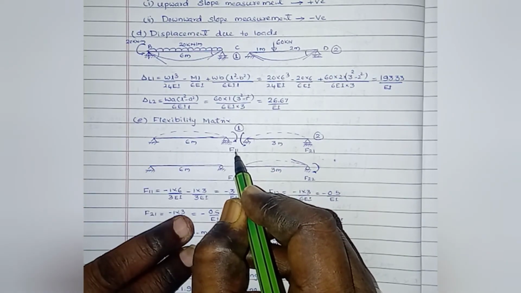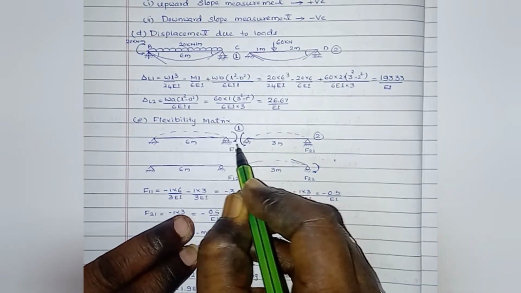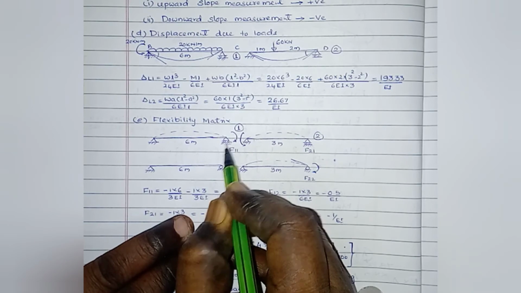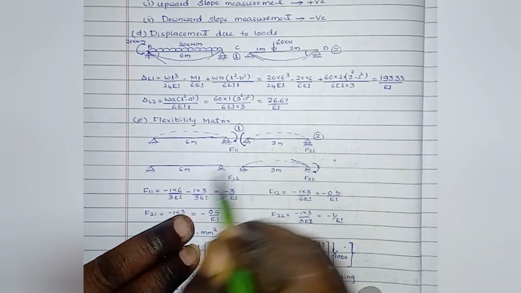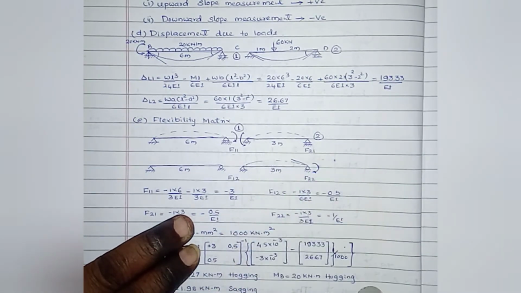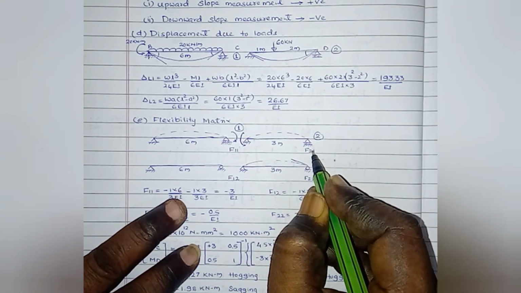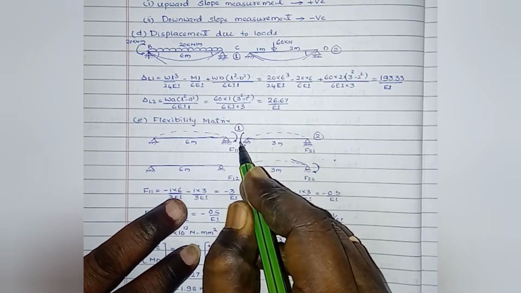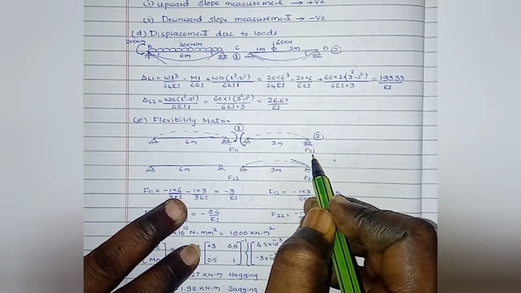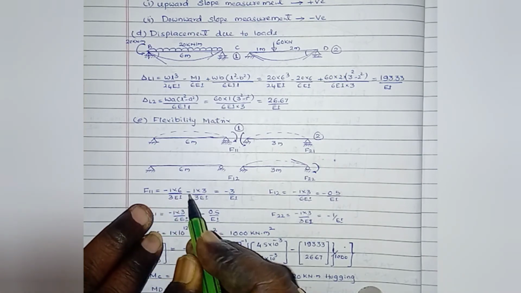Here the displacement at 1, due to the load at 1, both the spans will undergo deformation, since there are two spans, that is one is AB, one is BC, and another one is CD. Both will undergo deformation like this. This one is the displacement at 2 due to the unit load or unit moment, hogging moment applied at 1. Here F11 equals